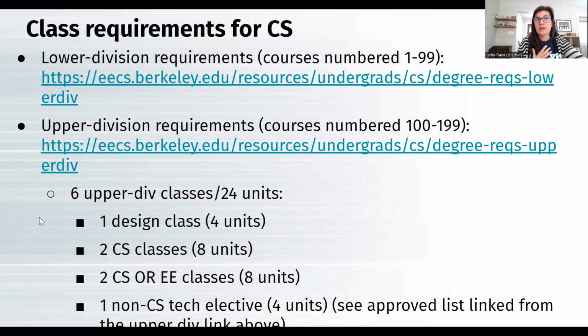Our major upper division is 24 units, and then the lower division is going to depend on how many CS classes you need to take. And then there are the L&S unit requirements too. Maybe Leslie or Grayson, could you please go to the L&S website to find their degree requirements page and link that? Because that's going to have the specific unit requirements for L&S. That could be helpful to share as well.